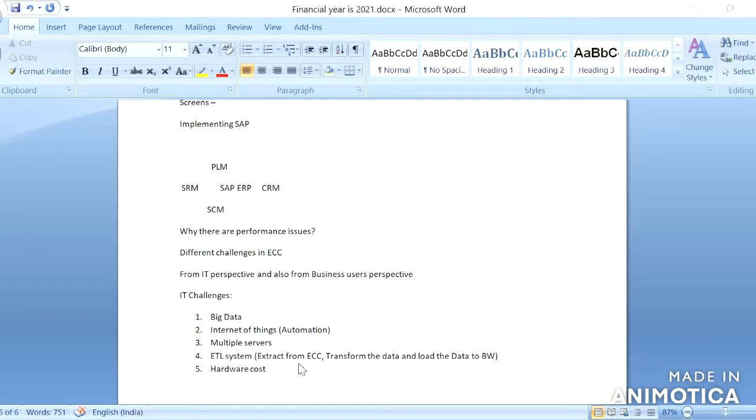All this involves huge hardware cost. So these are a few IT challenges with the existing SAP ECC. They will consider all these problems when developing the new system, that is SAP S/4HANA.